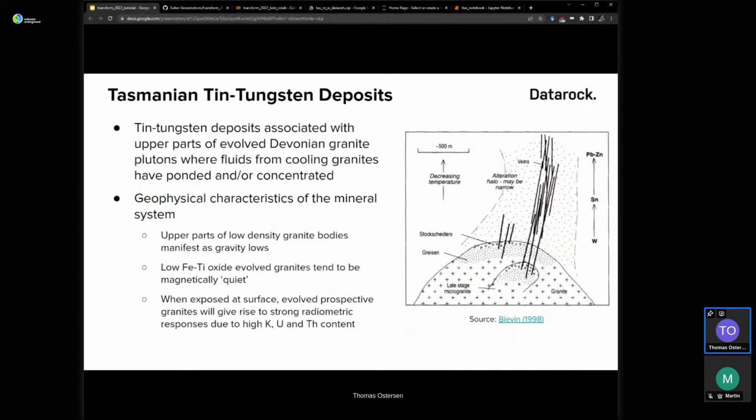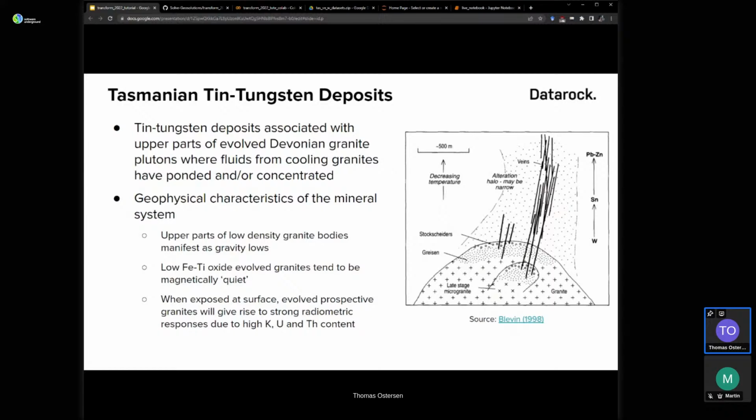The tin-tungsten mineral system basically involves mineralization that occurs in the upper parts of evolved granitoid plutons, where the metal-carrying mineralizing fluids exhaled from a cooling magma get ponded and focused.